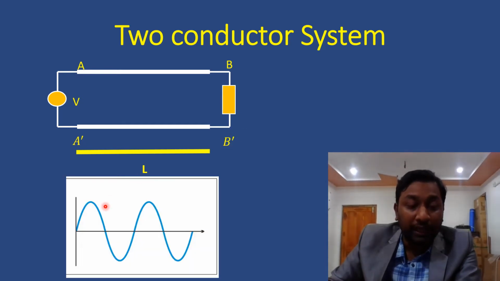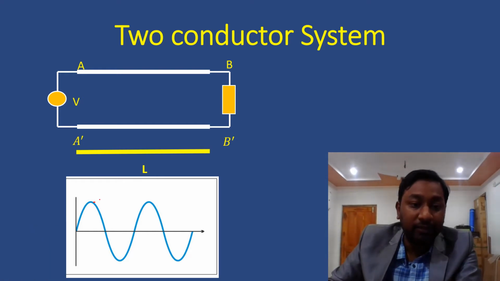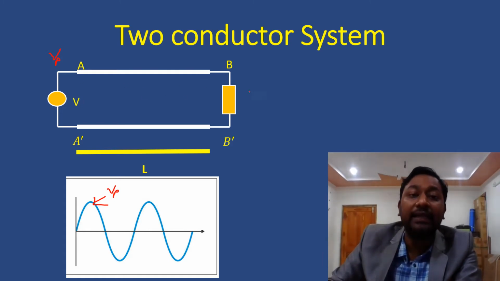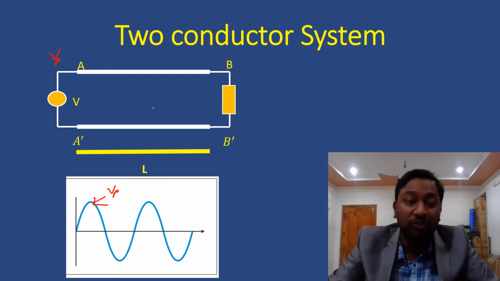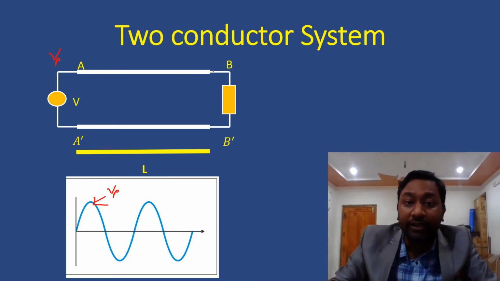Here we are applying a voltage VP, meaning at any instant of time we are considering the voltage is VP. Whenever we apply that VP voltage at the source end, that is the A dash end, no signal can transfer with infinite speed. So there must be some delay. That delay is called transit time delay, because no signal can transfer at infinite speed. Whenever we apply some voltage VP, at the same instant of time it will not reach the other point.